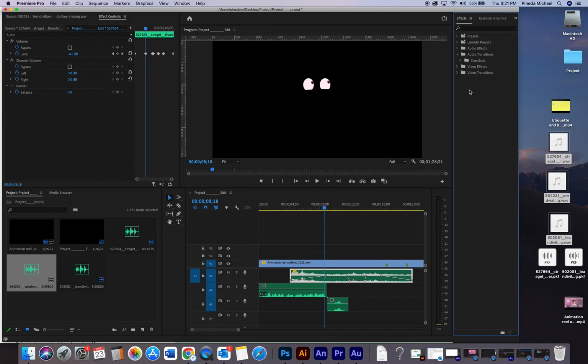You also have some audio transitions, so you can have it fade out at the end of a clip, or an exponential fade, which is just what I did manually, which I think is way easier. But then you also have some audio effects over here, whether that is